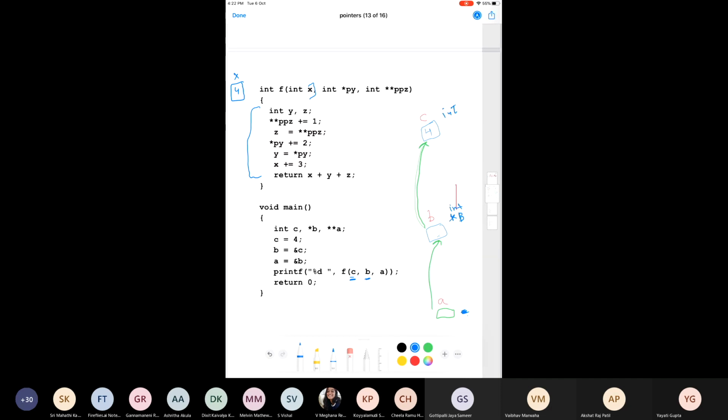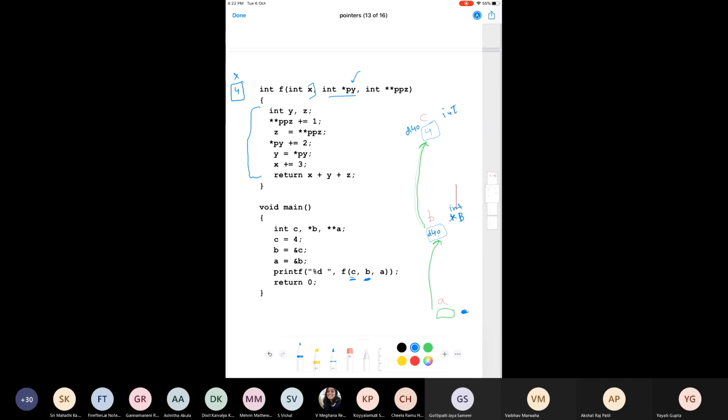Okay. B is passed to another variable, which is star py. What does that mean? So B was a pointer, right? And what was the value of B? Value of B was the address of C. Now please note that it is not the address of X. So let's say the address of C here was 40. So B was actually holding 40 here, which was the address. Generally these are in hexadecimal, so let me write D40 here. So let's say the address of C is D40. So this address is passed to another variable, which is star py.